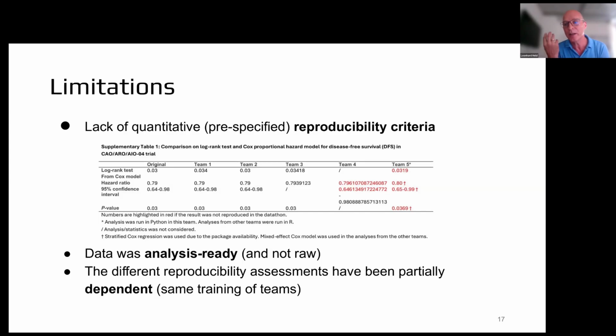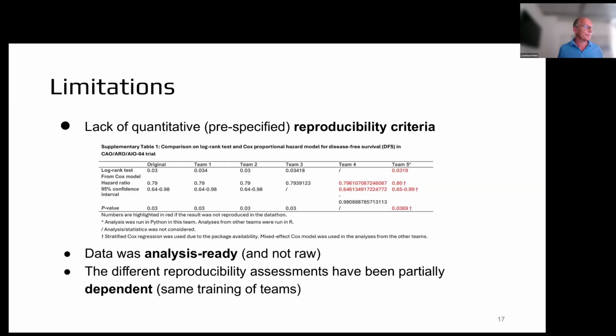The other limitation, which should also be mentioned, is that the data we used was actually analysis ready. So it was already pre-processed. And so we didn't get the actual raw data that you would get from your clinical trials unit, right? Because a lot of pre-processing, as you all know, happens between raw data and analysis ready data. For example, the definitions of censoring or the definitions of events will enter here.